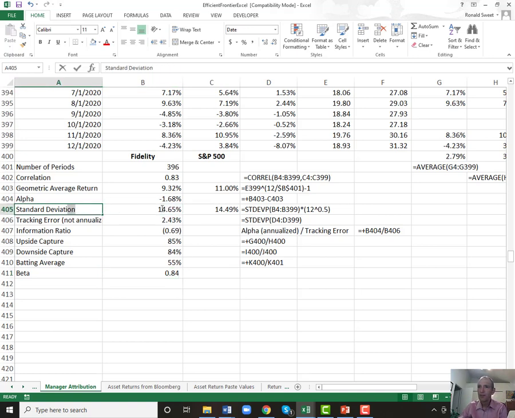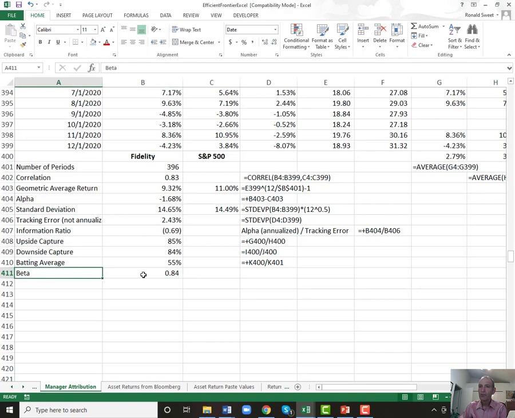Remember, standard deviation is total risk. Well, if this is your entire portfolio, then yeah, you would want to look at standard deviation. But if you're using Fidelity as part of a bigger portfolio and there's a lot of diversification, you might want a lower beta. Because you might find that you have a small cap growth manager and they have a beta of 1.6, so you might want your large cap manager to have a smaller beta to offset some of that risk.